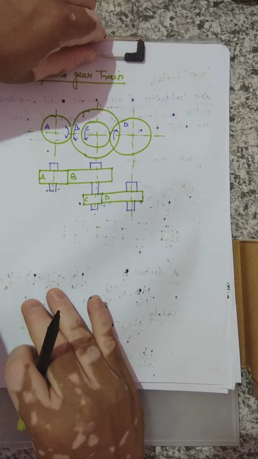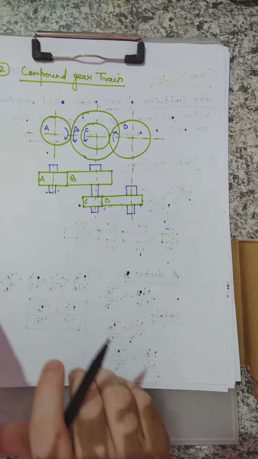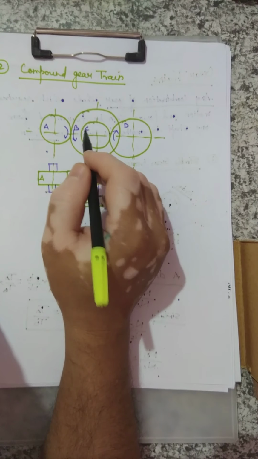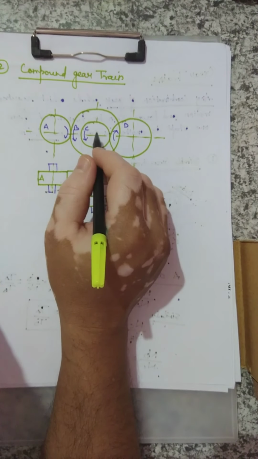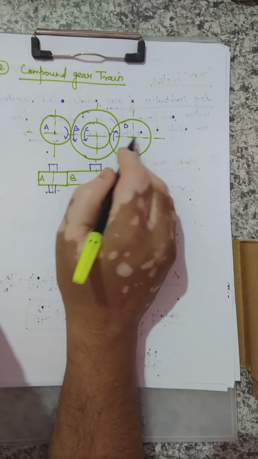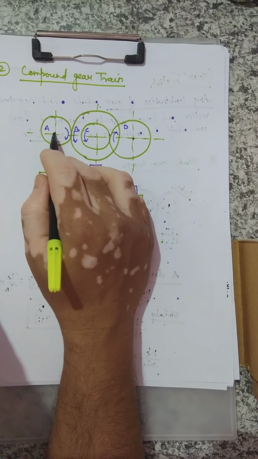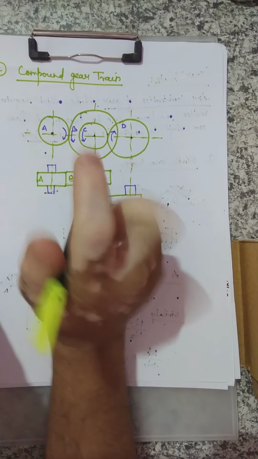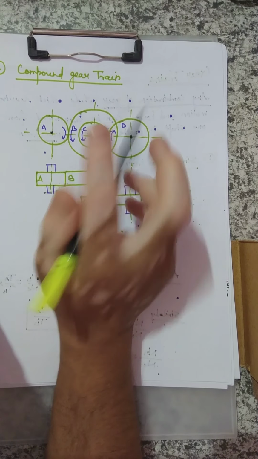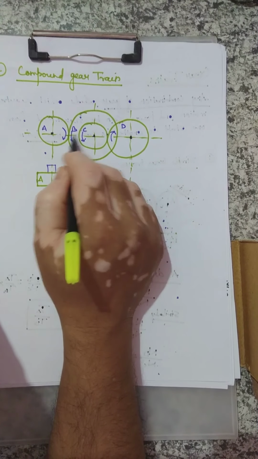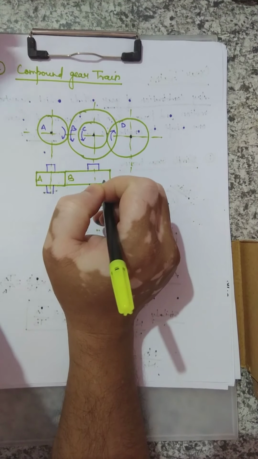Now when we move forward, we get the compound gear train. The second type of gear train is the compound gear train. Now in a compound gear train, there is an intermediate shaft with gears on it. This is shaft 1, shaft 2, shaft 3. There are 3 shafts. In shaft 1 gear A is attached. In shaft 2, B and C, 2 gears are attached, and in shaft 3 one gear is attached, named D. So in the intermediate shaft, 2 gears are attached.